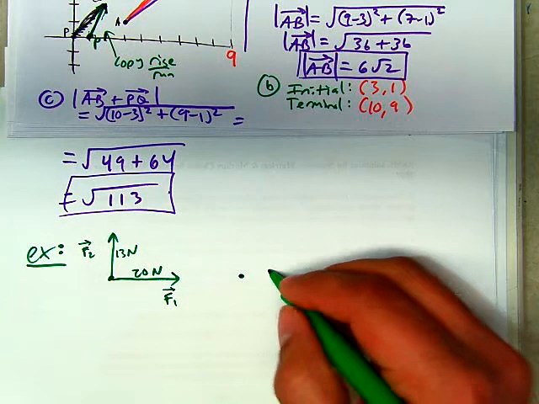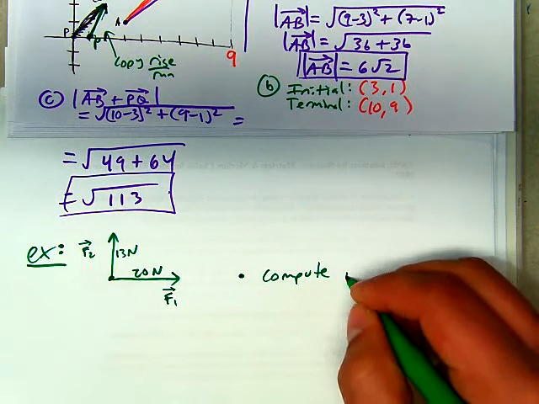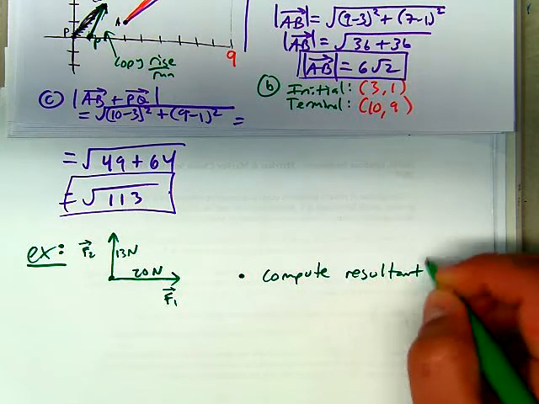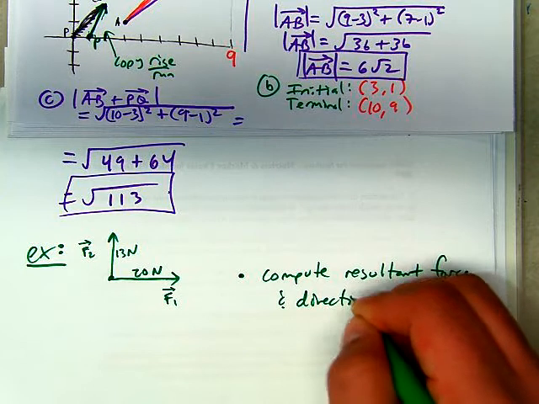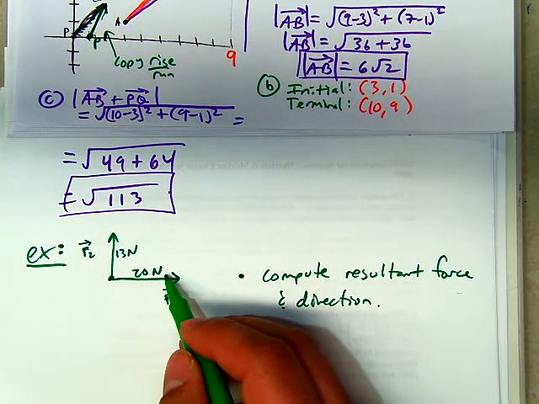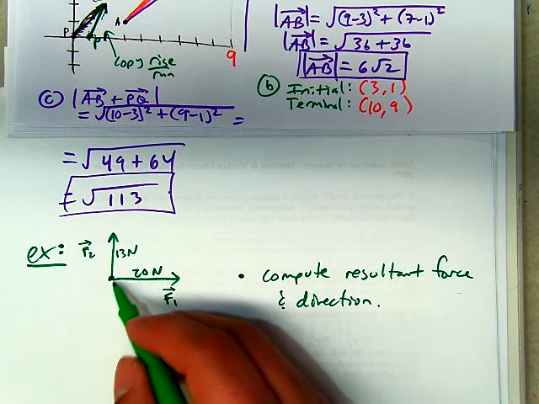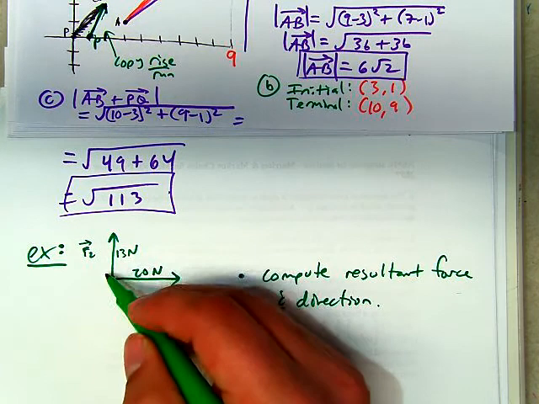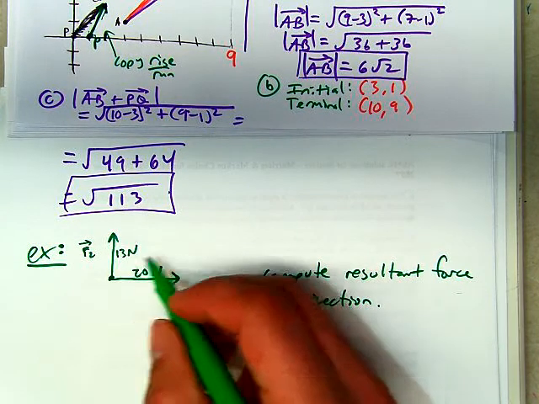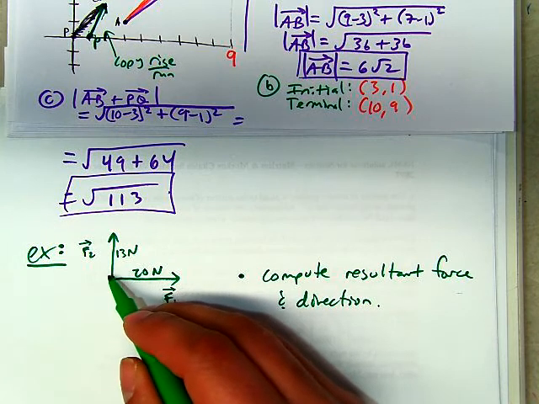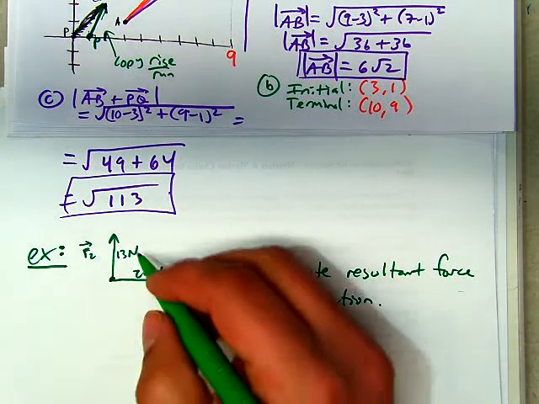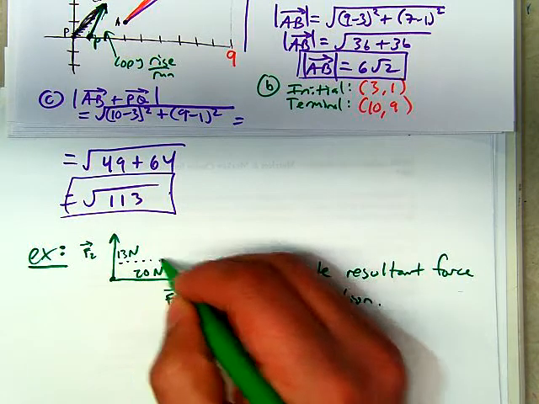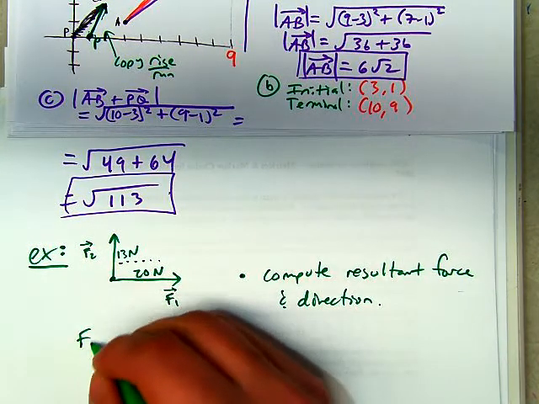If I want to compute the resultant force and direction, that just means that we're going to add this vector together with this one. So if you imagine a force pulling an object this way and then another one pulling an object this way, in the end it's essentially going to move kind of in between the two. And you can see where that's going to move. If you slide F2